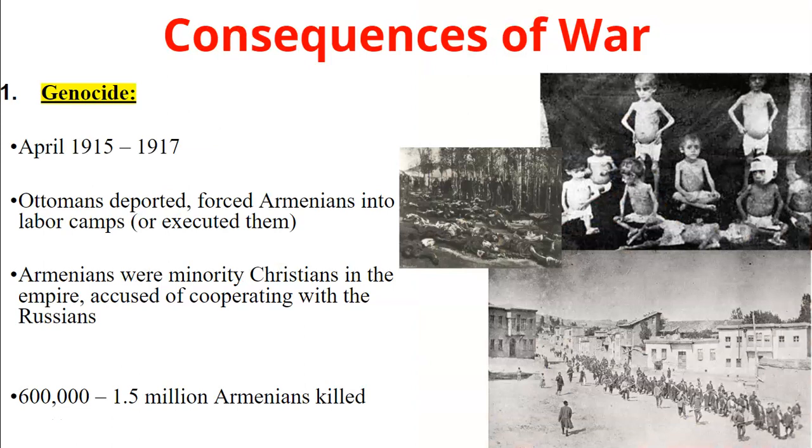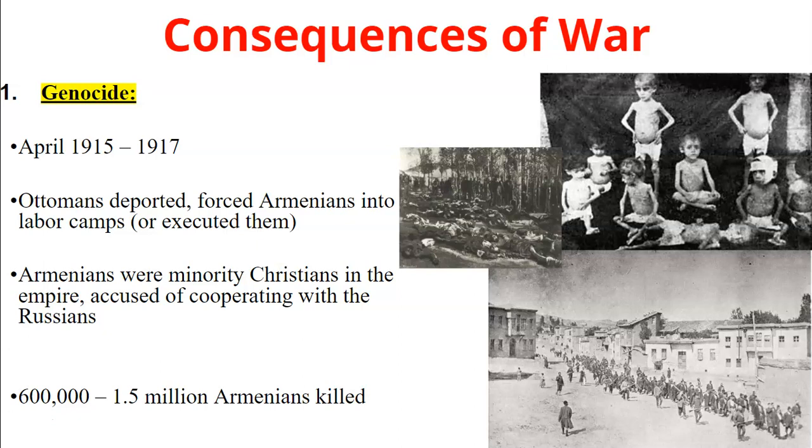The consequences of the war, though. So in April 1915 to 1917, there was an event called the Armenian Genocide, which does not get as much attention. It's getting more today, but when I went to high school, I didn't learn about it. This is when the Ottomans killed any able-bodied men, or they would send them to the military, but only to do forced labor. And then what they would do is then they would deport the women, the elderly, and the children on what are known as death marches through the Syrian desert.